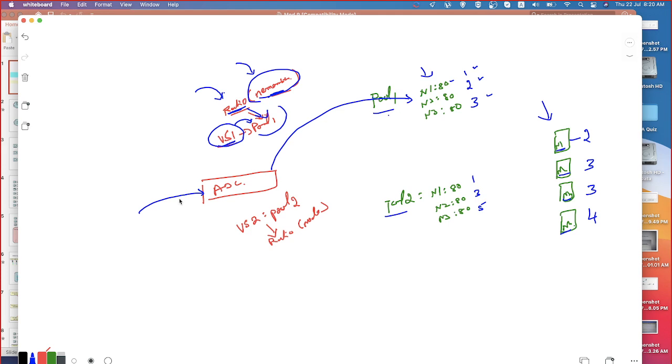Okay, now when the ADC receives the traffic from the external world, assuming that virtual server 2 is the listener, pool 2 has been associated with virtual server 2. One of the members from pool 2 needs to be identified. Now the load balancing is ratio based, but the ratio is based on the node, not on the member level. Now I will look into the node level ratio and then I will distribute the load. Does it make sense?